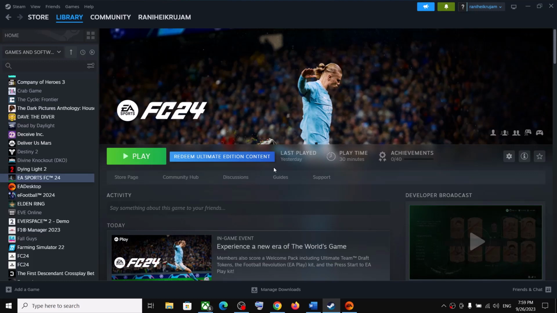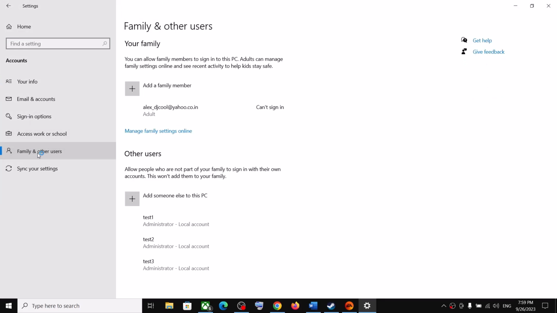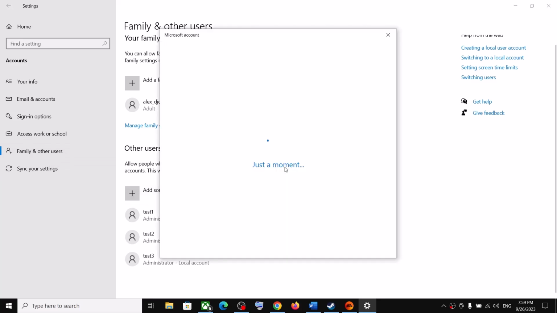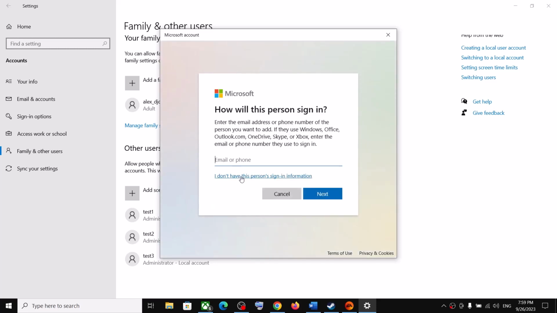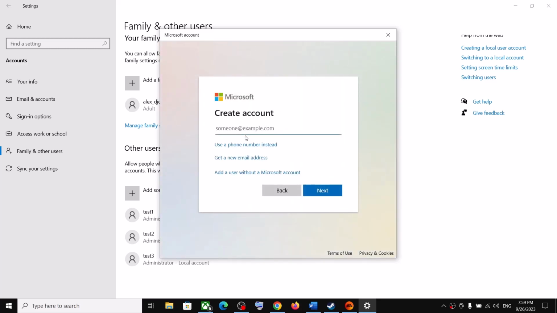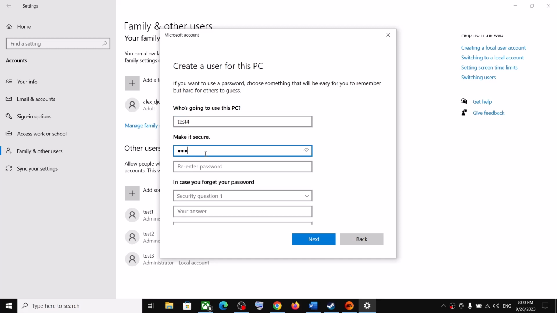So, open Windows settings, and the steps are the same for Windows 10 or Windows 11 users. So, go to accounts, and then go to family and other users, and then click on add someone else to this PC. And then if you don't want to create a Microsoft account, in that case you can click on I don't have this person's sign-in information, and then over here you can click on add a user without a Microsoft account, and then you can name it whatever you want. And this is just an example, so you can enter the password if you want,